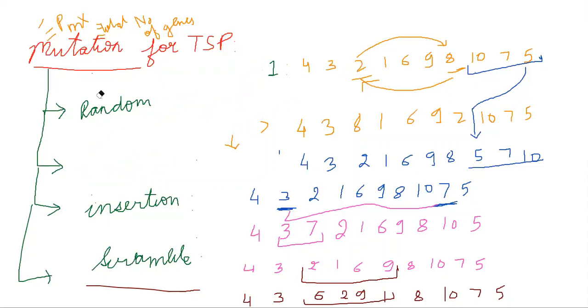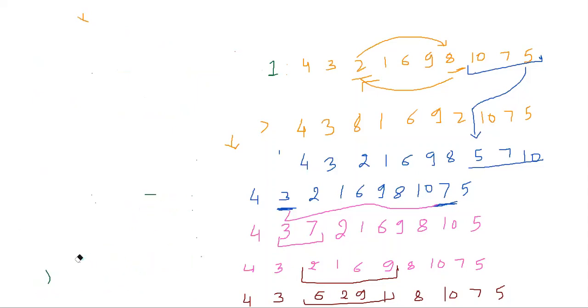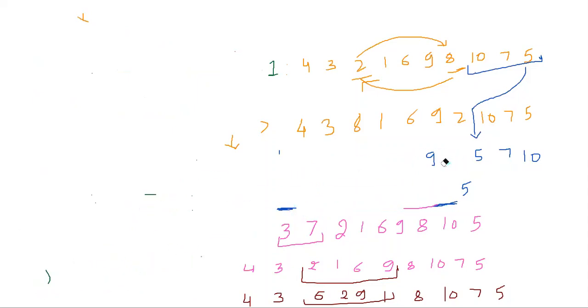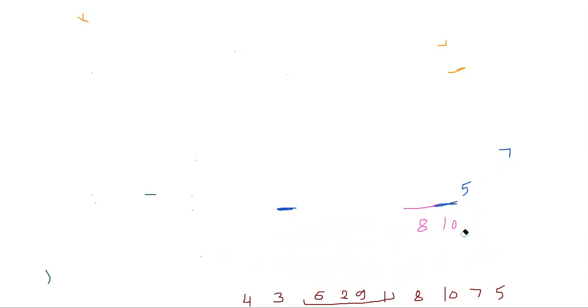So once we have done this mutation, now we have applied all the operators, we have done the selection, then we have performed the crossover using 3 methods, and then we have mutated also. So once I have all these newly generated solutions or the new possible solutions after crossover and mutation, I am ready to be replacing my population individuals with the new generations or the new solutions which I have generated using these methods.